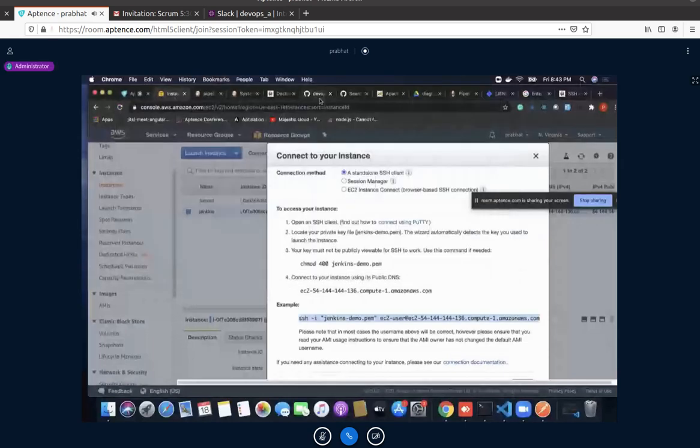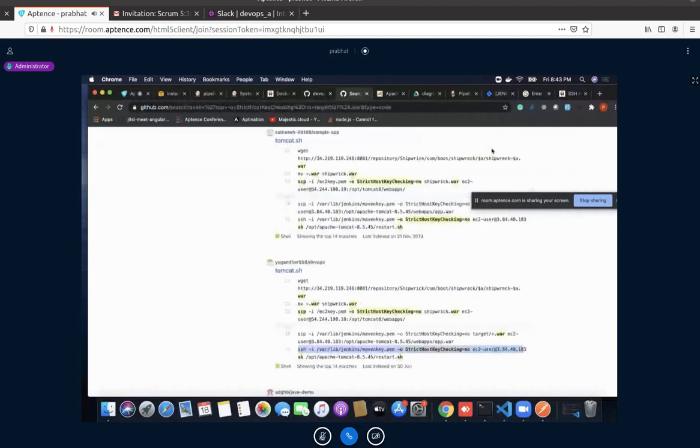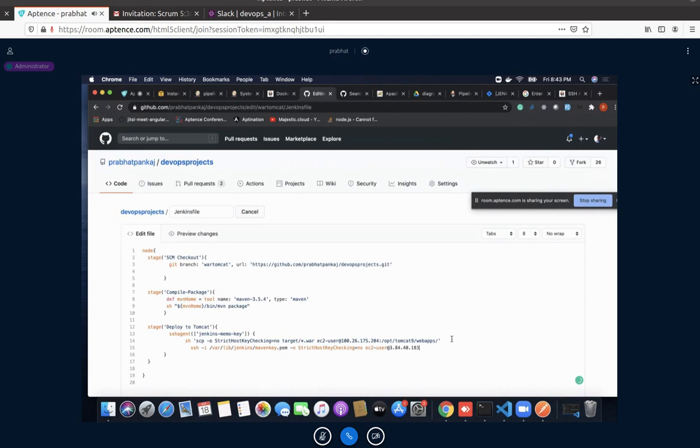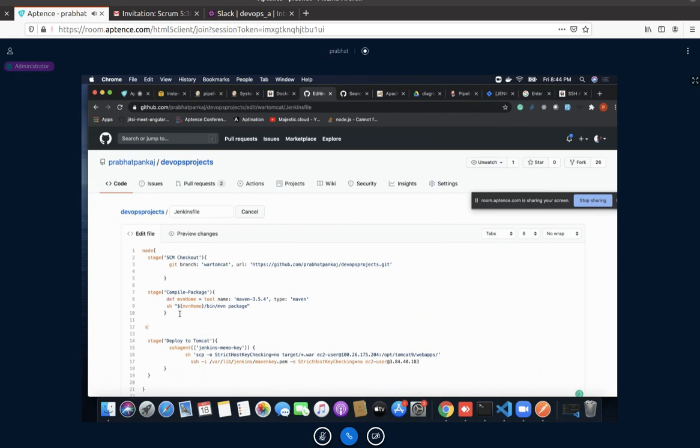So in the code, I may have to change in a different way, like this one. Let's say I'll define another stage.